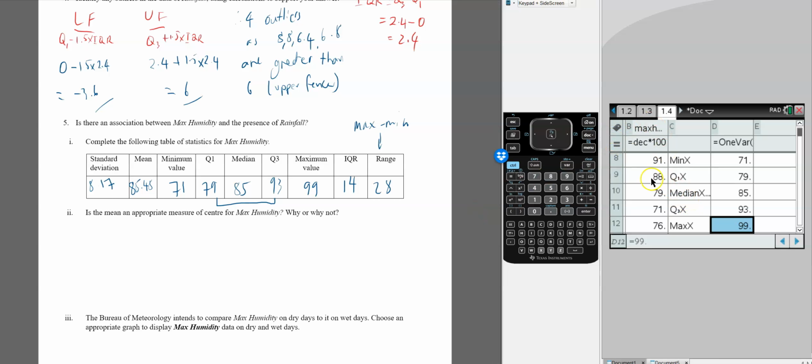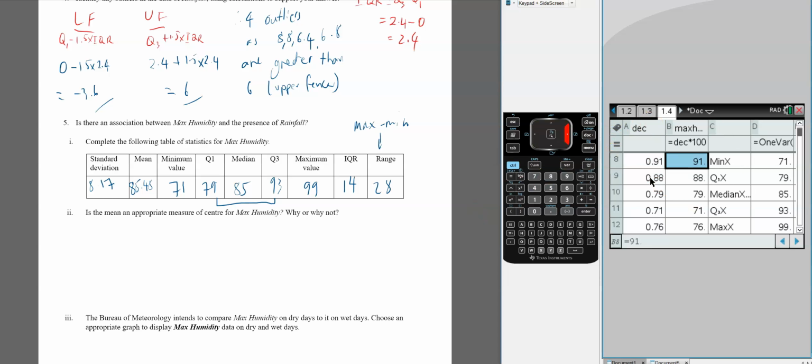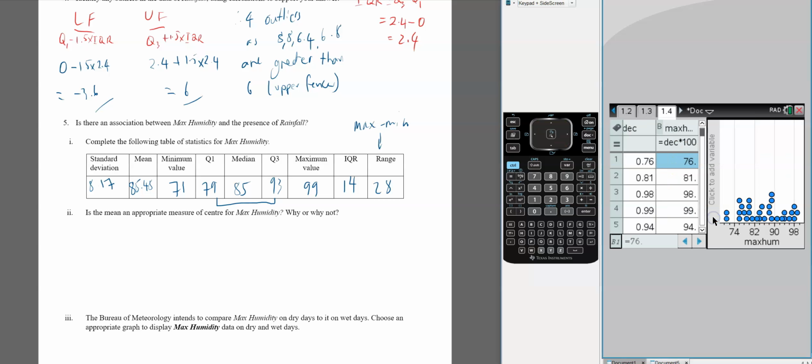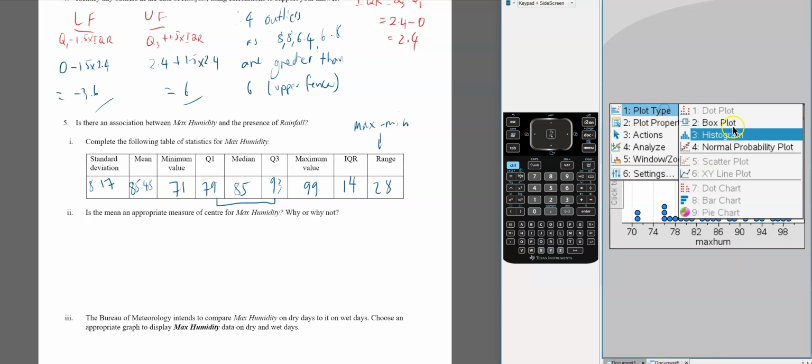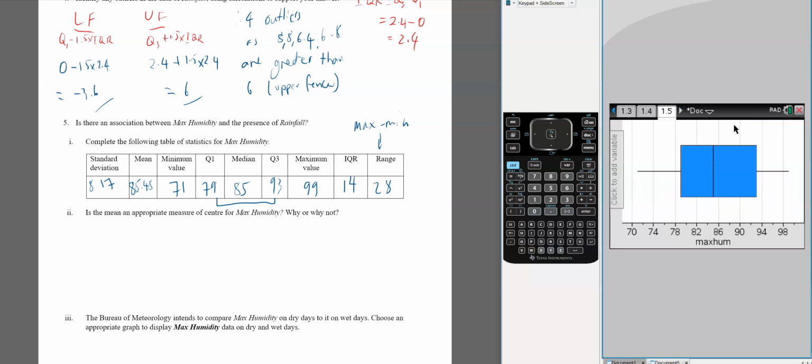Okay, so let's look at this graph now. Let's turn this data into a graph. So menu, quick graph. So control menu, quick graph, control 6, control right. Max humidity, plot type, box plot. Okay, so this data here is a bit tough to talk about because